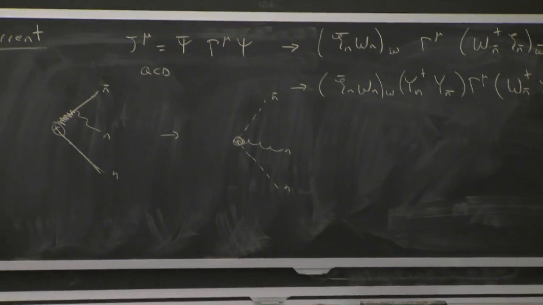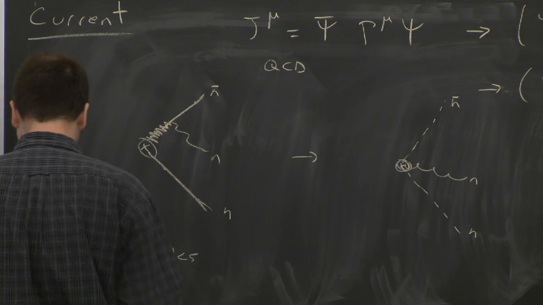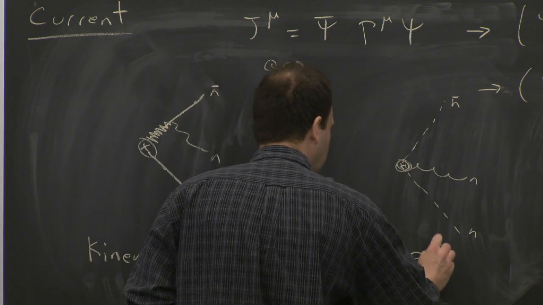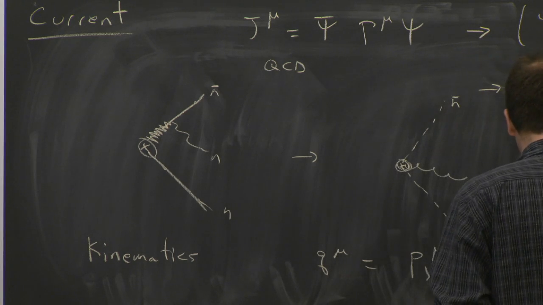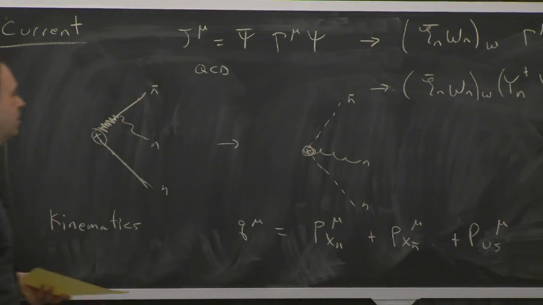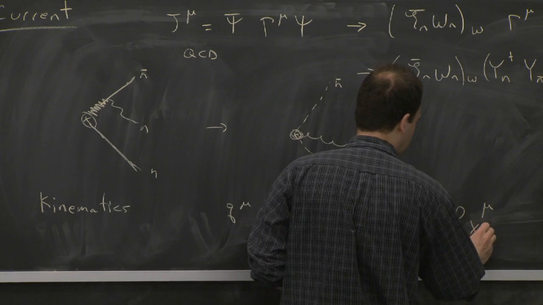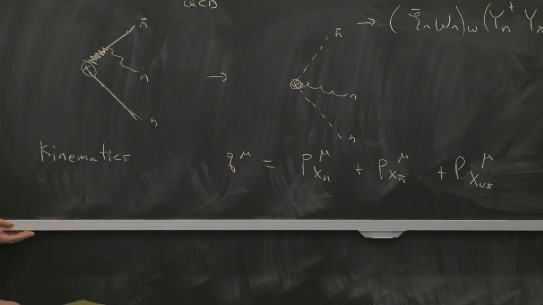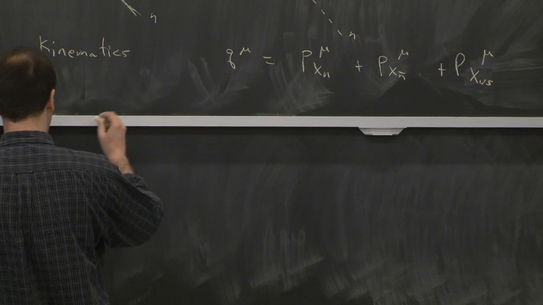So if you just look at the kinematics, then there's already actually some fairly powerful restrictions. We're in the center of mass frame. Momentum conservation says that if we think about all particles in the final state as either being n-collinear, n-bar collinear, or ultrasoft, then the initial momentum of the virtual photon, or virtual Z, has to add up to all the final state momenta. And if we just look at the large part of that,